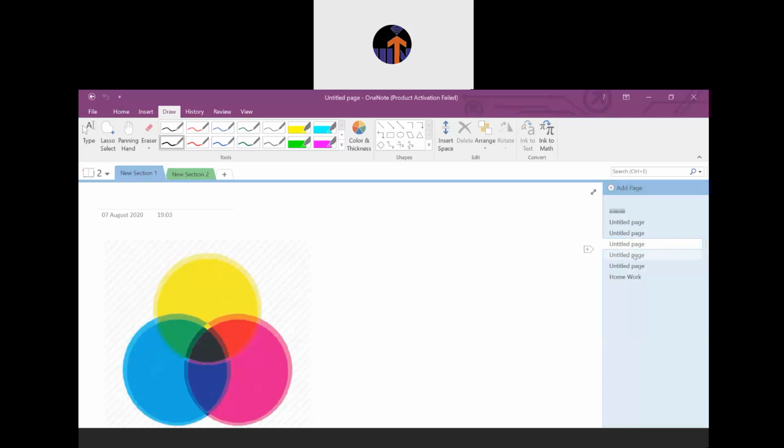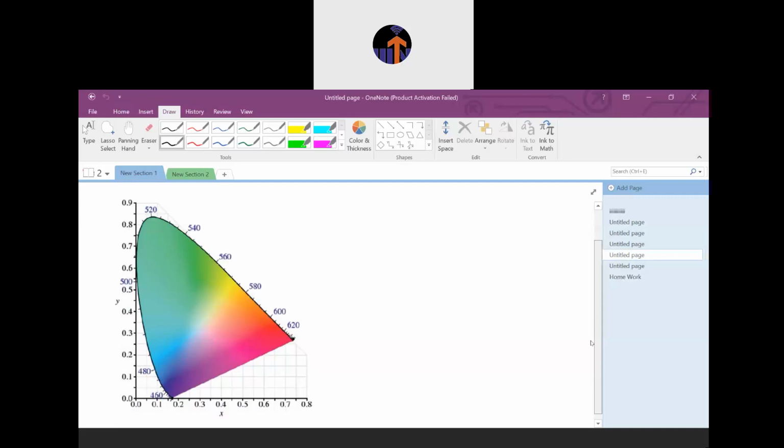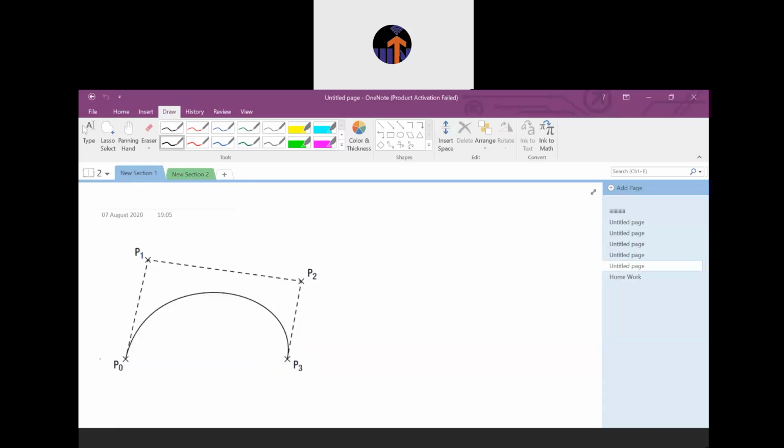So this is RGB and this is your XYZ dimension. It is made up of different quantities of red, green and blue. And this one is called the Bezier curve. You can see in this Bezier curve there are 4 control points, P0, P1, P2 and P3. When you change these control points, the curve will change automatically. So it is used to estimate the pose as well as the motion and the gesture inside the video as well as the images.